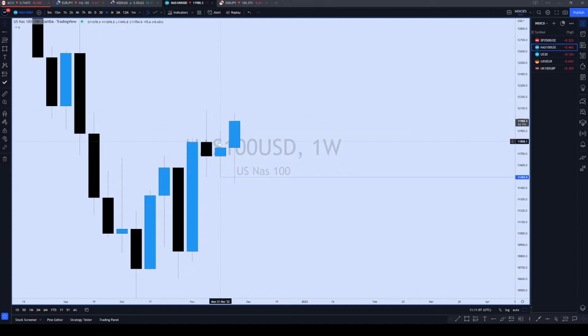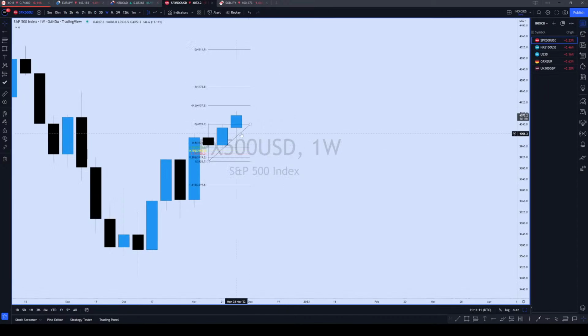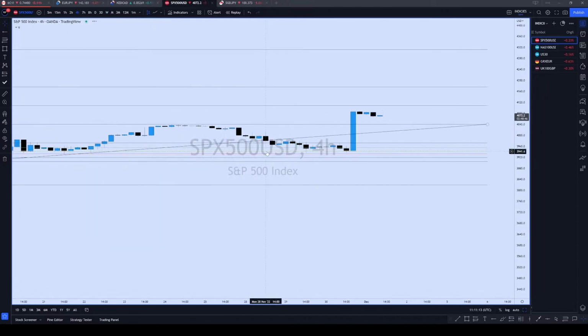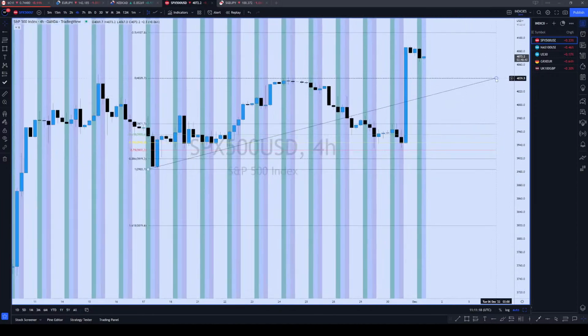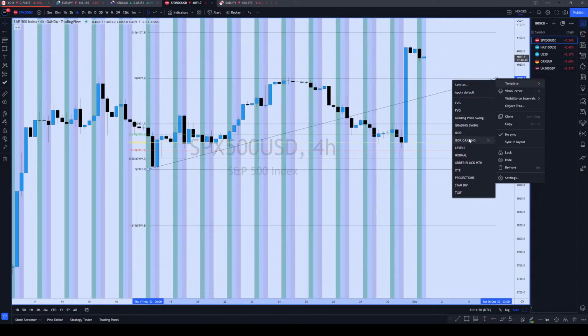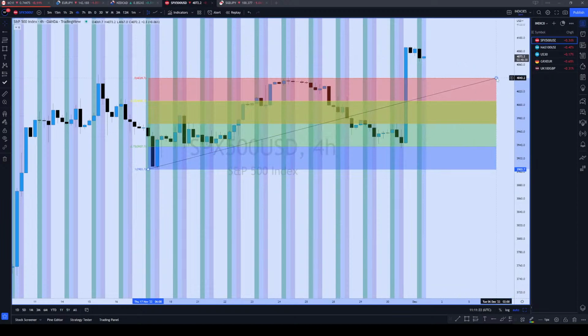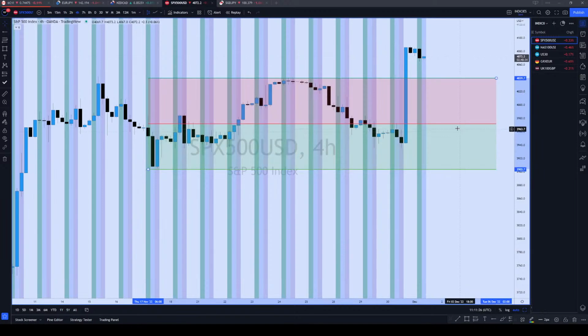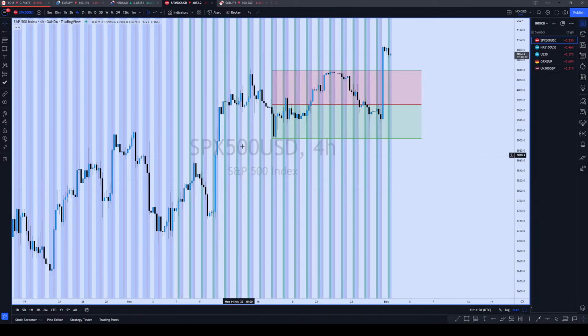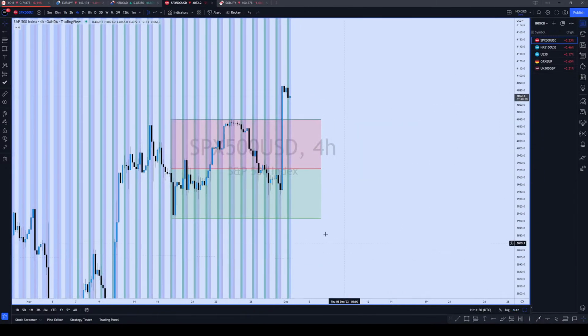So that's why NAS went up. Obviously S&P did the same thing. This is what I was talking about earlier, right? Structuring your chart into premium and discount. Oop, not that one. This one. Okay. Once you structure the chart, premium and discount,